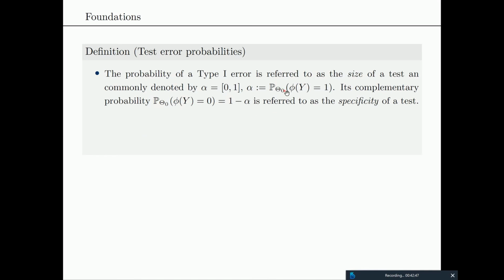One thing that is important to note here is that you often see things written which I really hate, like this. So you see the probability for rejecting the null hypothesis conditional on something like the null hypothesis. And this is really bad because in the frequentist framework, the null hypothesis and the alternative hypothesis don't have probabilistic representations. Yeah? One can do something like this, and one can talk about